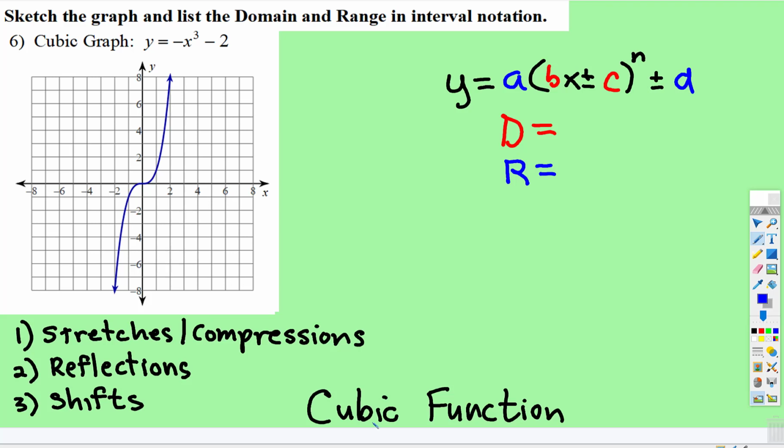Okay, now we're going to transform a cubic function, at least one example of a cubic function. Notice there are no parentheses, so all we have is the a and the d, and there is a reflection. So since that's a -1, there will not be a stretch or compression. There will be a reflection over the x-axis, which means this comes down here, this goes up there, and then